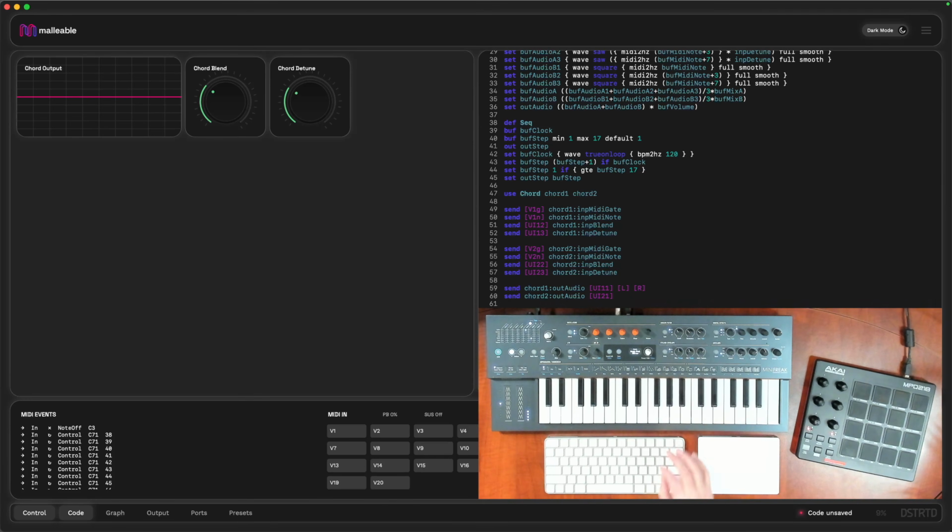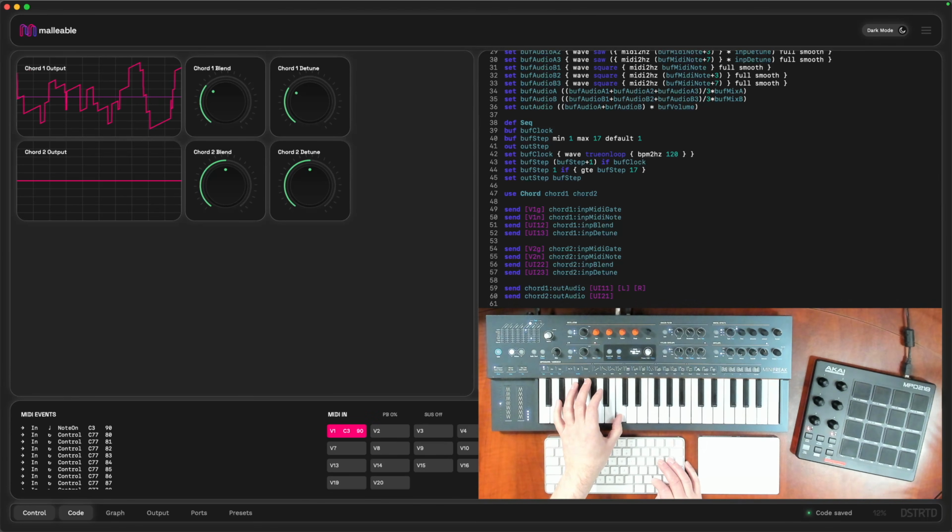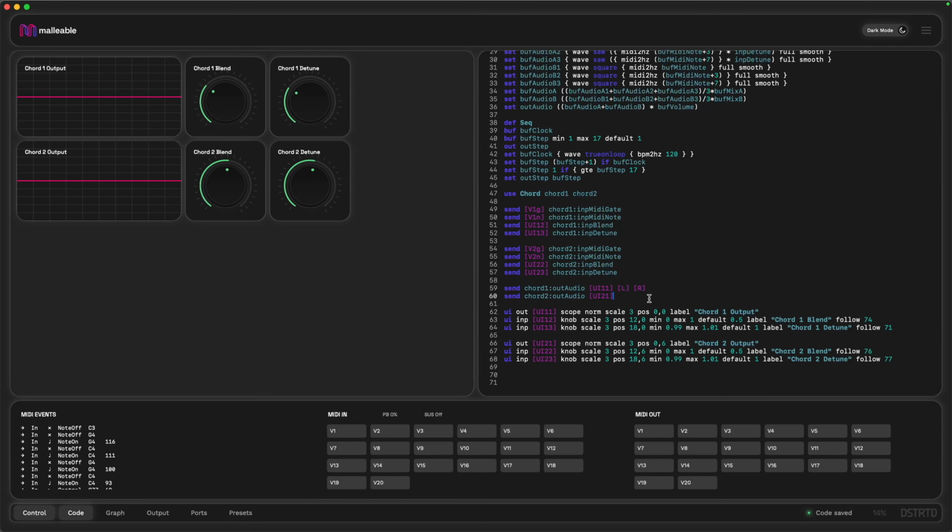I will follow MIDI controllers 76 and 77. And I've positioned my knobs incorrectly. There we go. Let's try it. Okay, so it's working, but we can't hear it, and that's because we need to send the output from chord